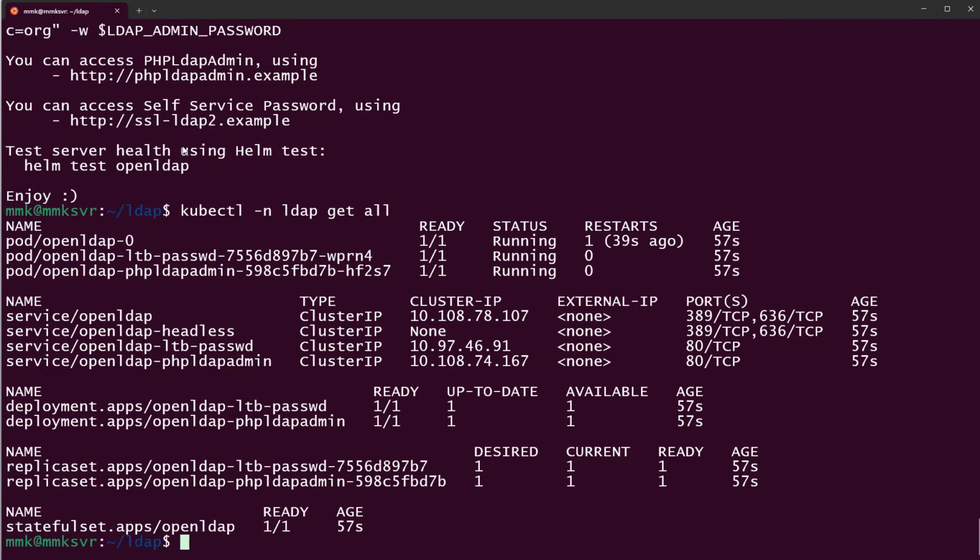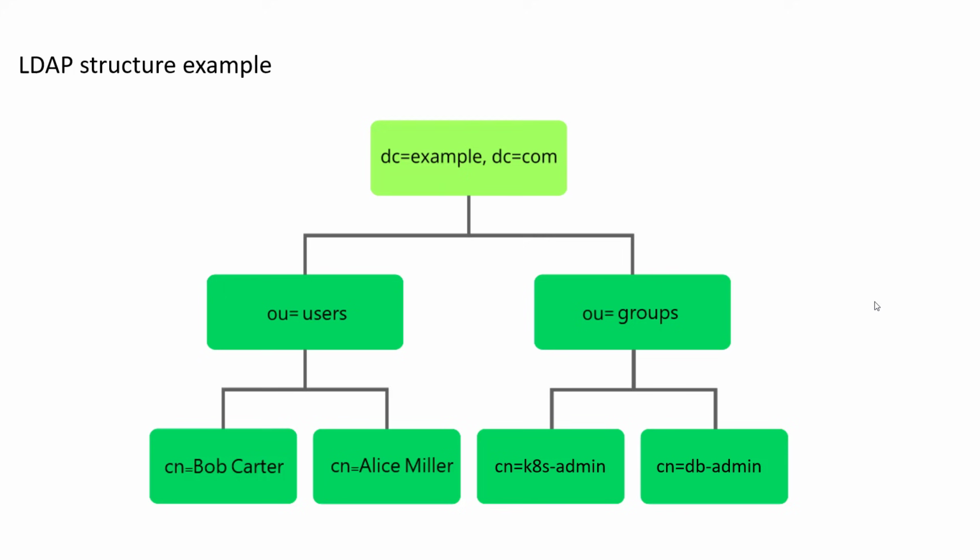So as you see, OpenLDAP is ready. So we need to connect to that with phpMyAdmin and define our structure. Here I'm going to deploy this structure in my OpenLDAP. As you saw in override values, I did define example.com as our organization or domain controller, and here we are going to create one organization unit for users and one for groups, and define our users and groups we need